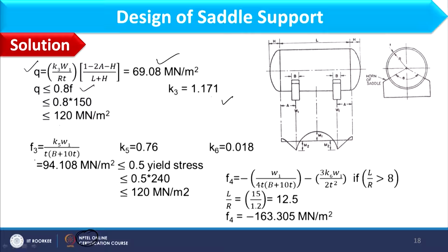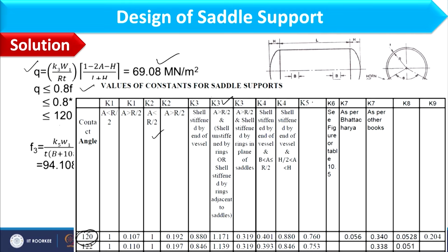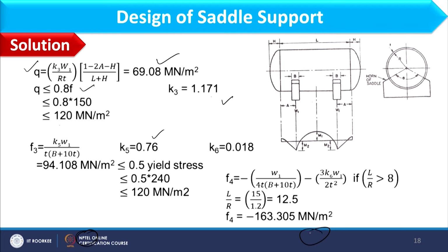Next we have the F3 value, and F3 will be given as K5W1 by T B plus 10 T, and K5 you can see as 0.76 from this table corresponding to 120 degree, and considering these points, F3 comes as 94.108, which is well satisfying the condition, that is it is less than 120 mega Newton per meter square. And further we will calculate F4. For this we need K6, and K6 is given as